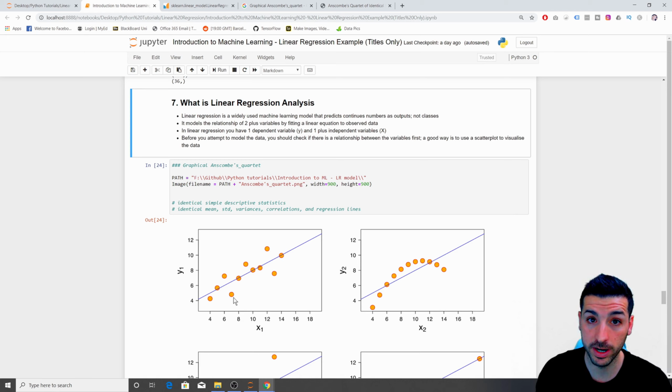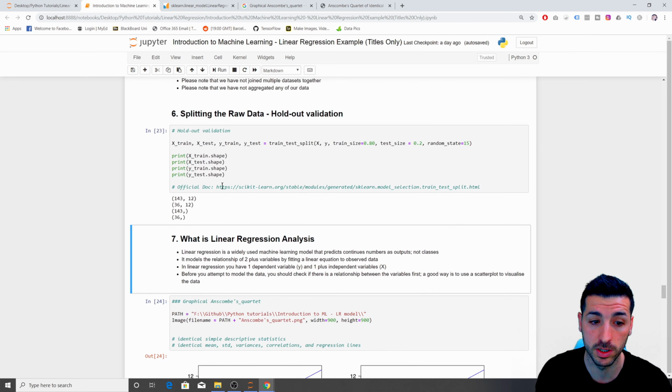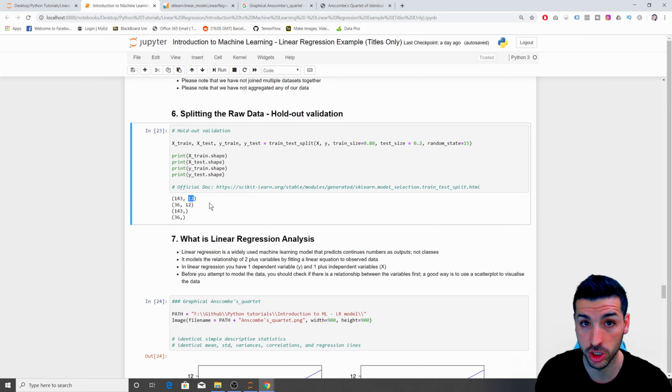So here we have two variables, our x and our y, and then the values. And the way regression works is that we fit a line of best fit through the variables. I'm not going to explain how it works now, I'm going to explain later on. In linear regression, you have one dependent variable, which is your y, what you are trying to predict, and one plus independent variables, which are going to be your x's. In this case, we only show one, but what we've shown in the previous videos is that we have 12 features, 12 independent variables,